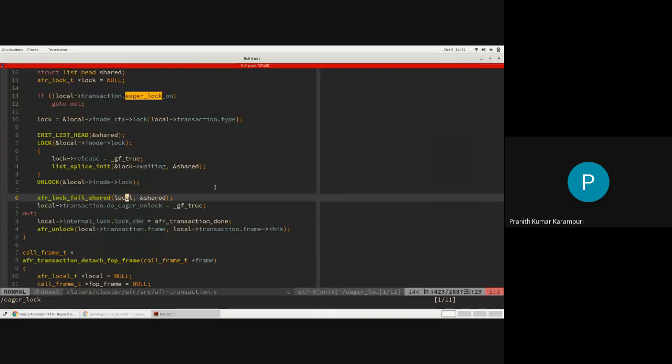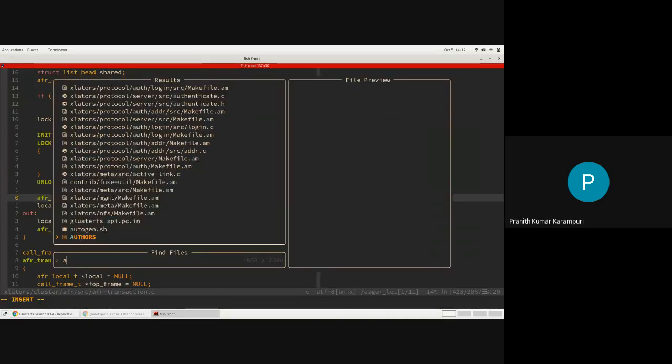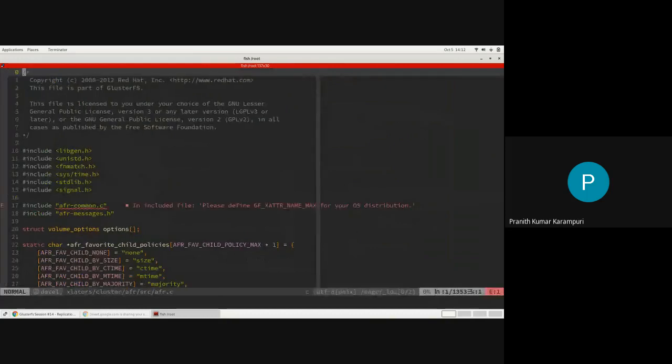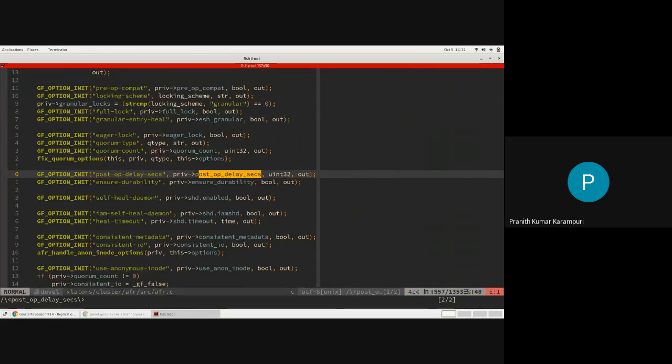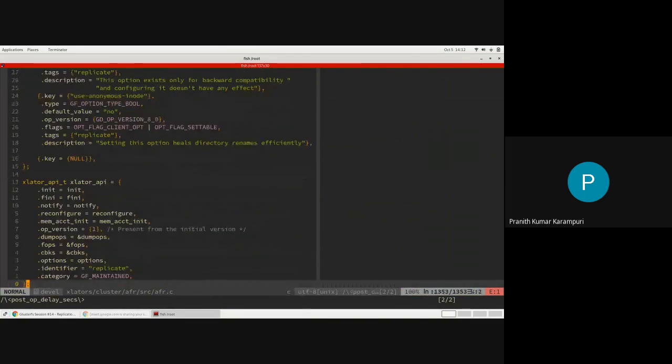This is called the delayed changelog, post-op delay seconds. This is a configuration which will tell for how many seconds you can wait for the next operation to come.